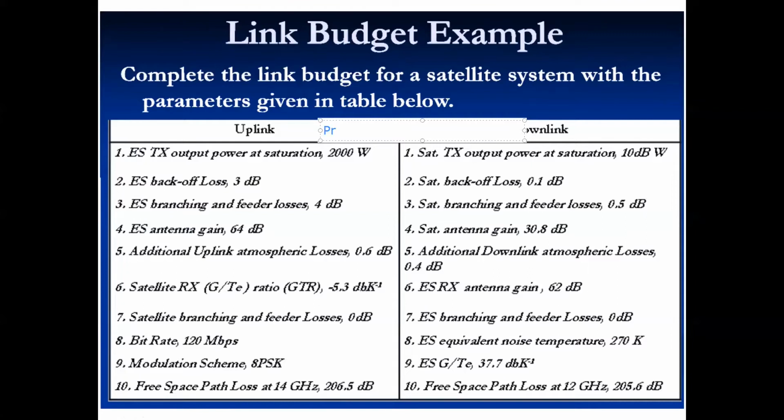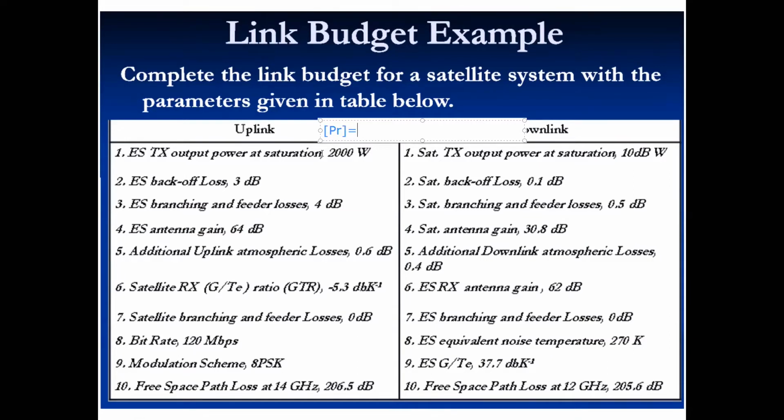So received power is what you need to calculate. Whatever is given, you are expected to first write what all are given. You are given the output power at saturation. But one more word I want to say about the back off. Back off is, we don't want our device to work in saturation, because it is then working in a non-linear region, and therefore we need to have a back off. In case back off is defined, the received power is whatever is the received power minus the back off. Okay, it is PT, right?